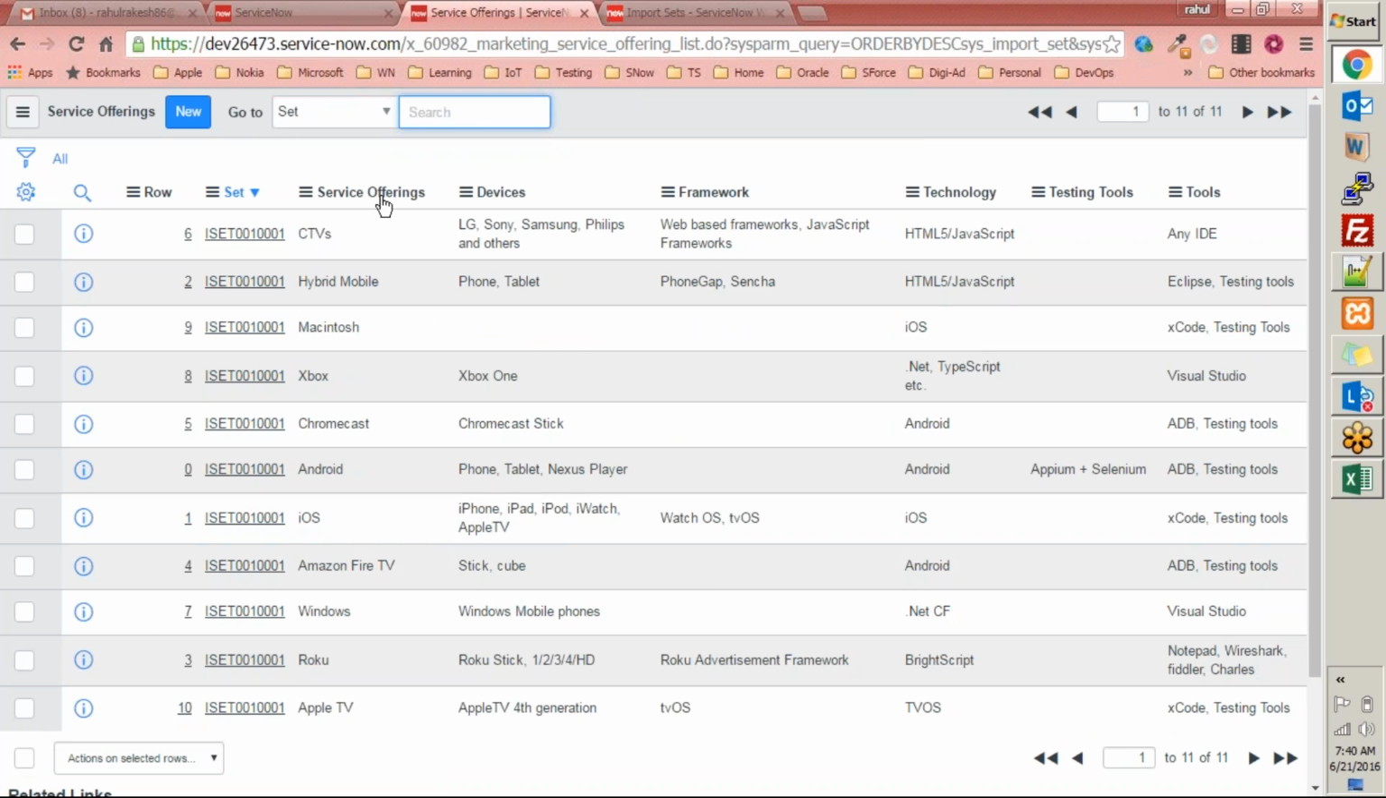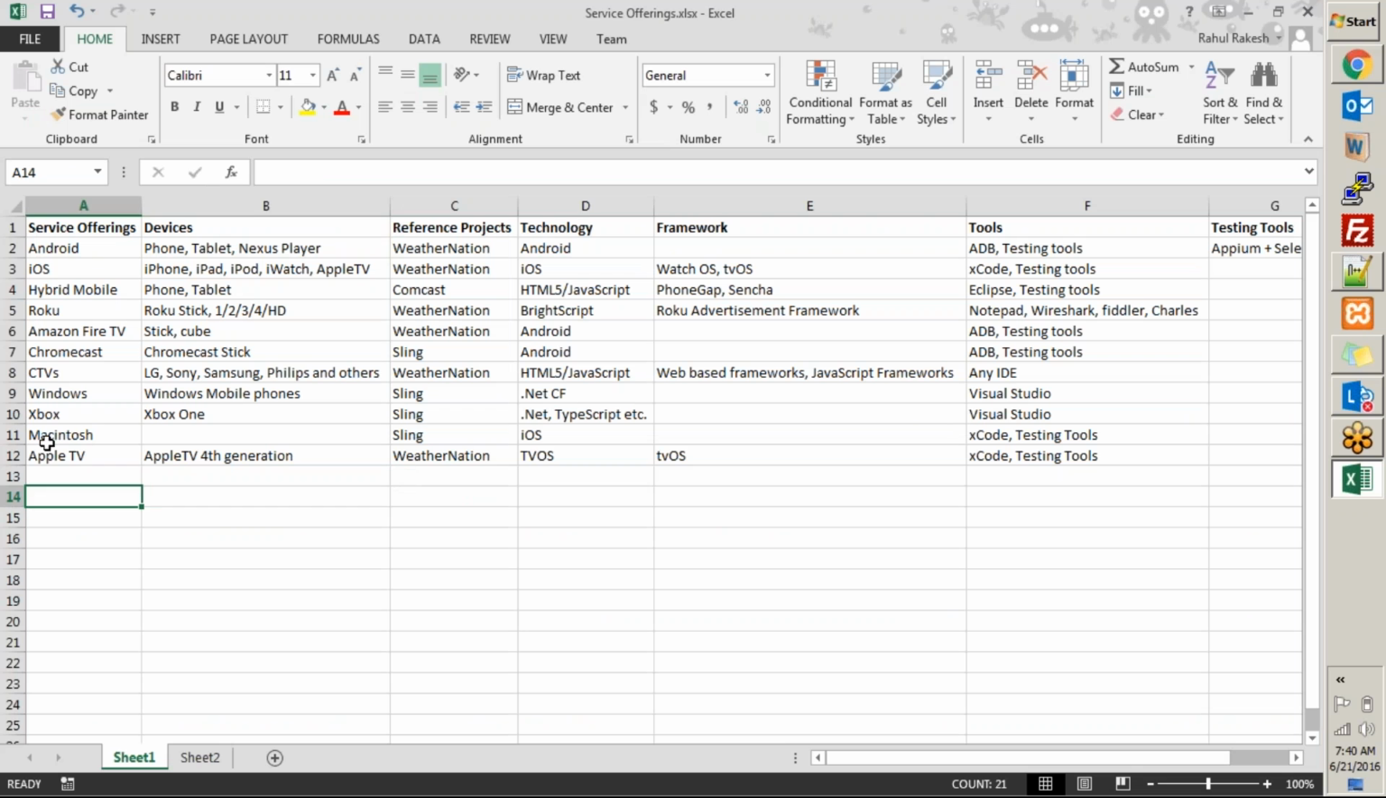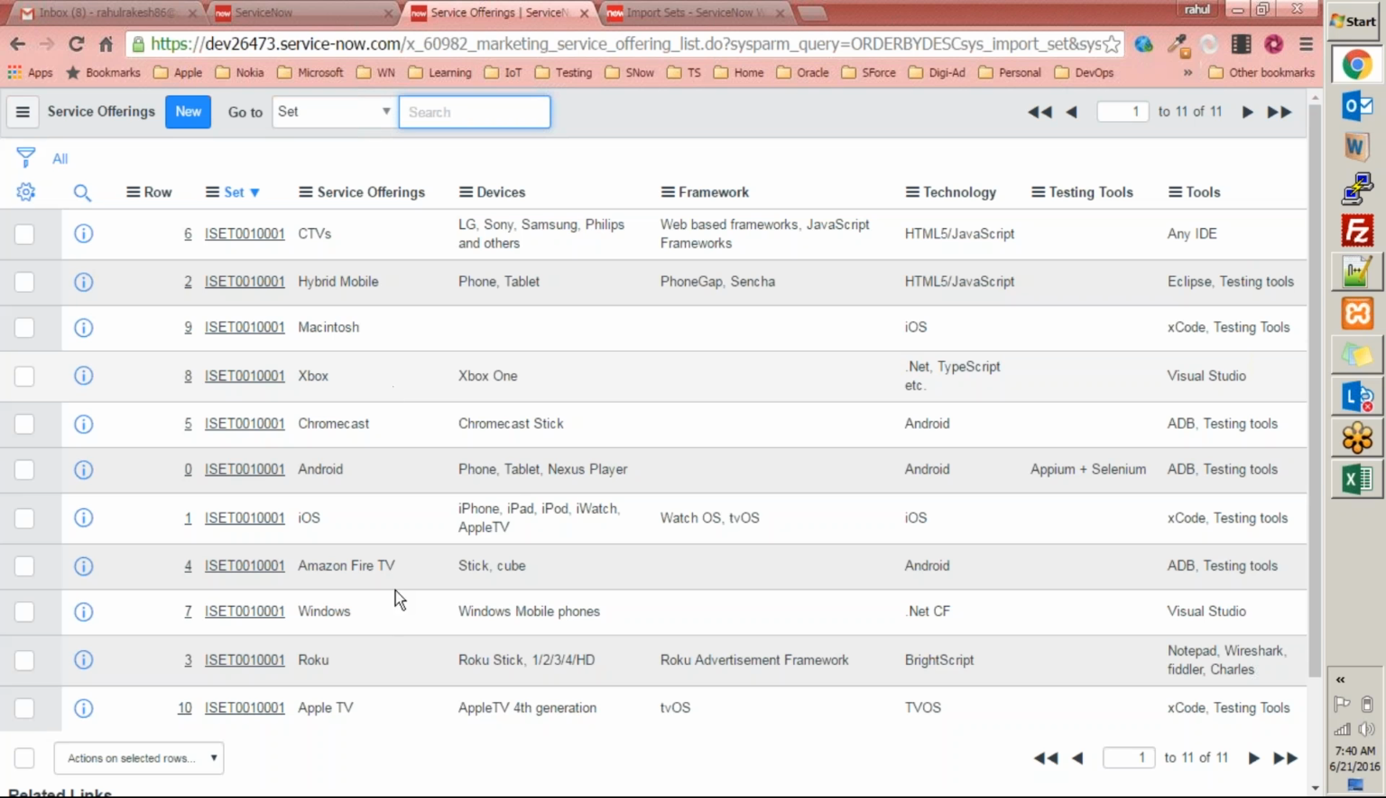Now see, this is bringing data from the Excel sheet. See, within service offerings we have CTVs, hybrid mobile, Macintosh, Xbox, Chromecast. See, Apple TV, Macintosh, Xbox, Chromecast, CTVs, all this data is here,